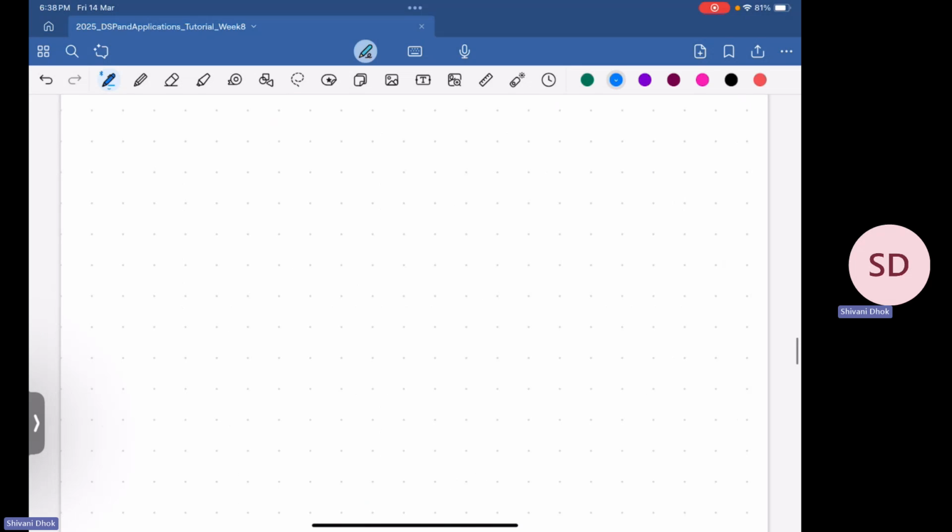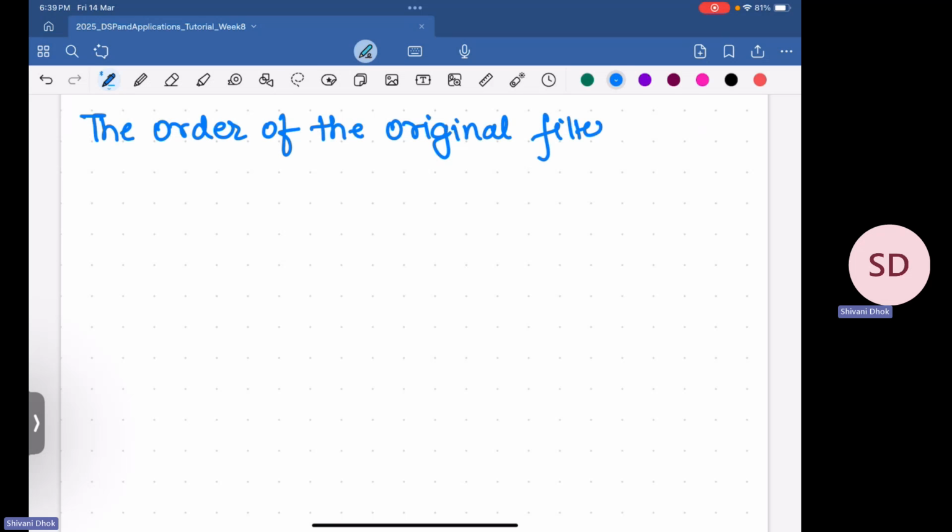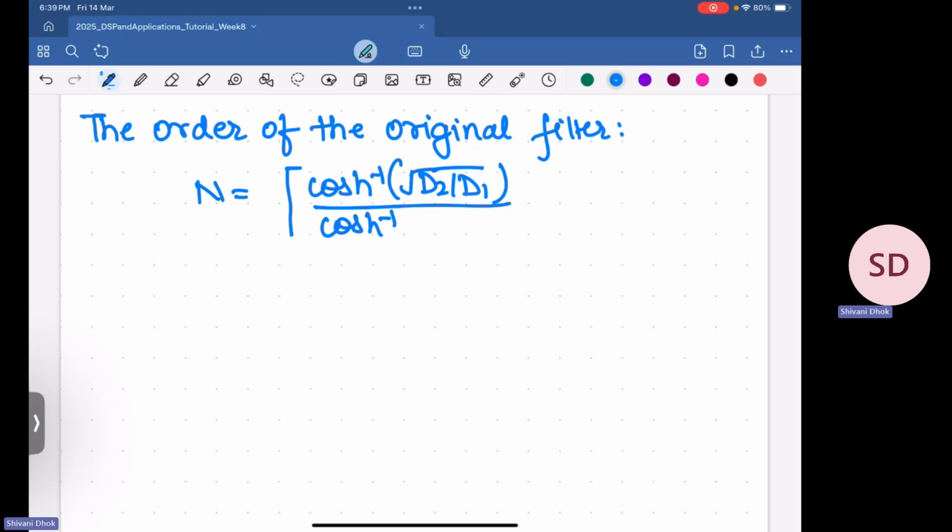So the order of the smallest, or rather we'll look at the smallest order. The order of the original filter is given by n as ceil of cosh inverse of under root of d2 by d1 divided by cosh inverse of omega s by omega p,